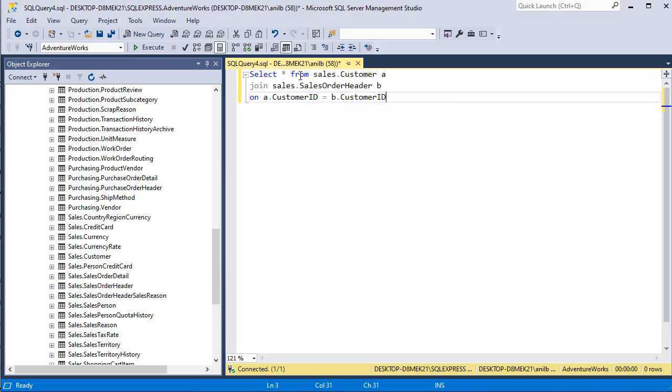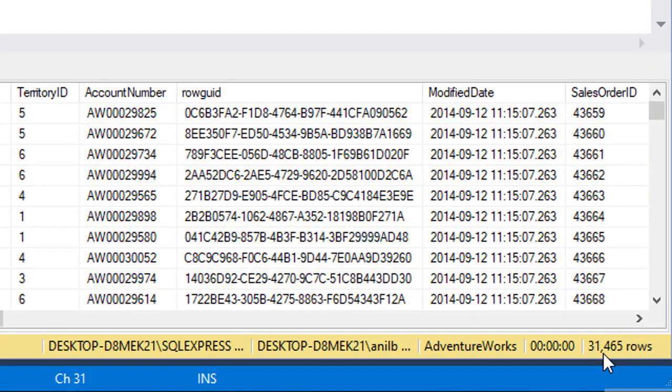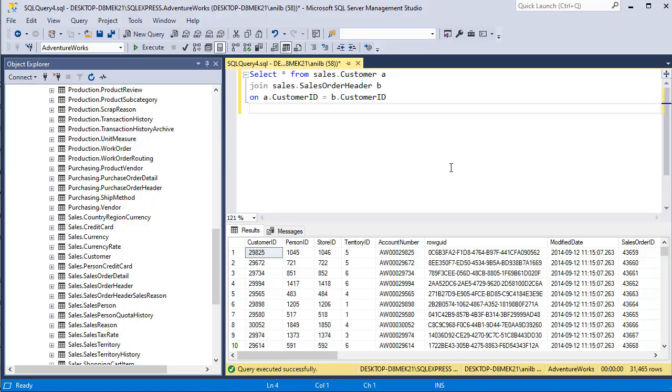So what I'm saying here is give me everything from these two tables and match them on customer ID. Go ahead and execute it. And here you have all the records. So all the customers and their orders. As you can see, there are 31,465 rows. So I am going to write this number here. The way to write a comment in your SQL statement is to do two dashes. So I'm going to write total records were